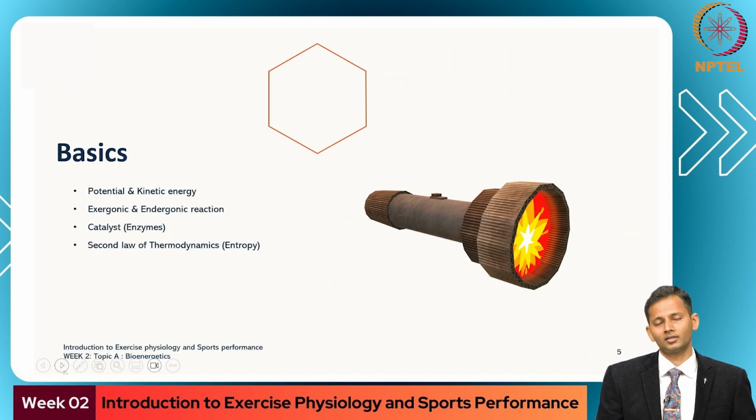We also need to understand the second law of thermodynamics. When energy is transformed from potential energy to kinetic energy, we saw that energy is either absorbed or released. But there is also some amount of energy that becomes unused during the process, and is not actually used in any kind of transformation. That particular energy which is not used is called entropy.